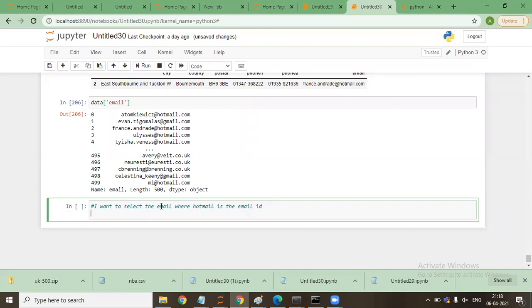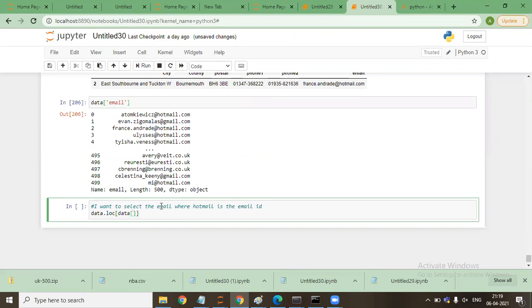So what I'll do, I'll say data.loc, email is equal to percentage hotmail, sir? Hotmail.com? Or if Hotmail in email, then we can do. Yeah, that is also a thing that we can do. Yes, so I'll tell you different ways.